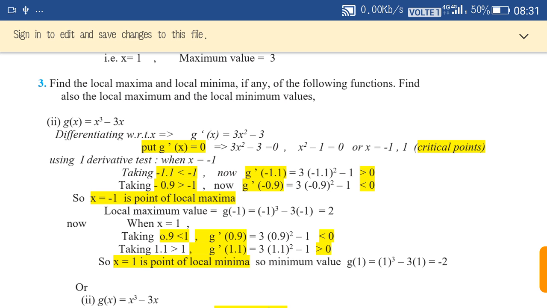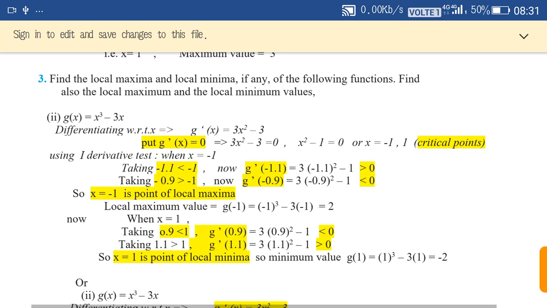So it means before the point the function is increasing, and after the point the function is decreasing. So x is equal to minus 1 is the point of local maxima, and the local maximum value will be,